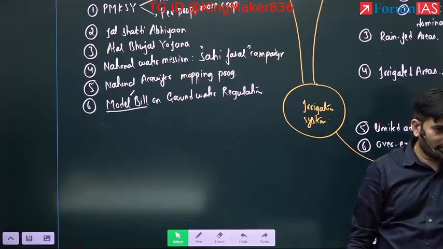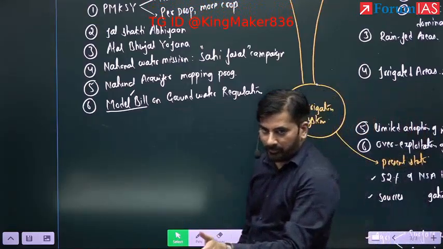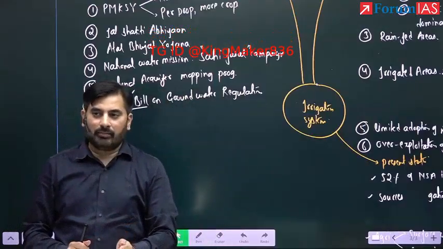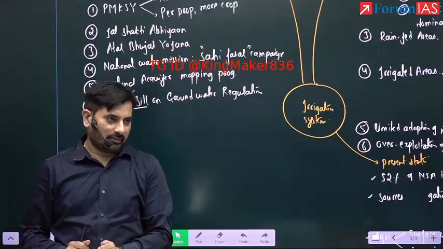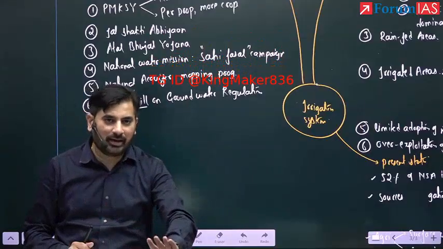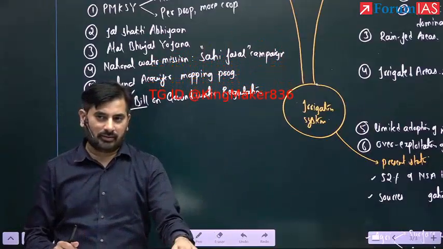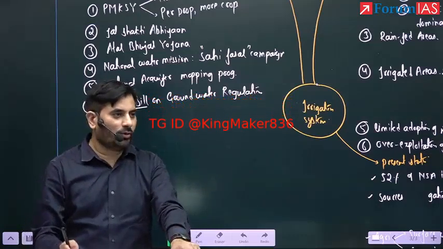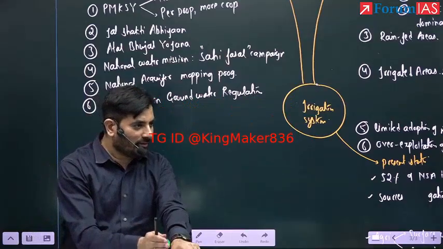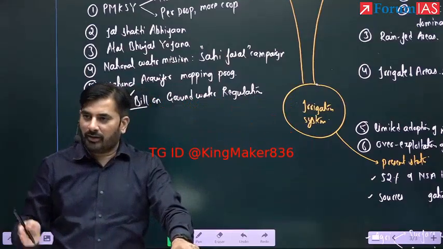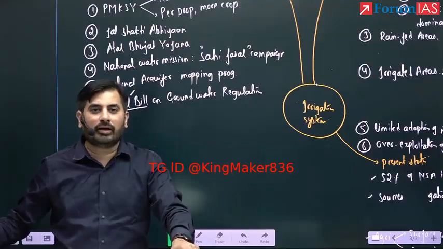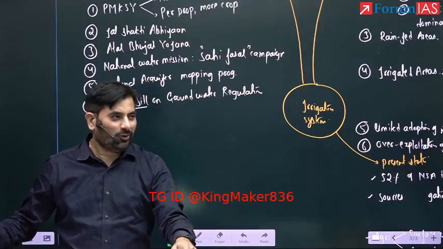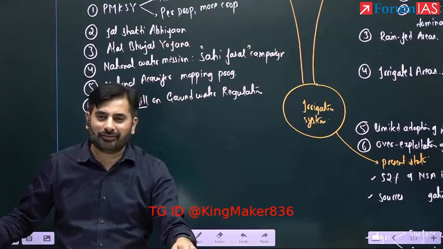A lot of states have this thing, but the problem is this approval is applicable only in the urban areas. This has not been extended to agriculture. It means in your house, let's say if you want to dig a borewell, you are required to take a permission of the state. But if you are a farmer and you want to dig a borewell, you are not required to take an approval of the states. The reason is very simple. No government wants to go against the interests of the farmers.